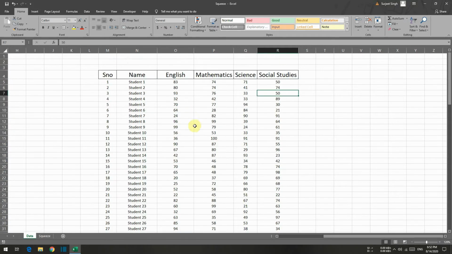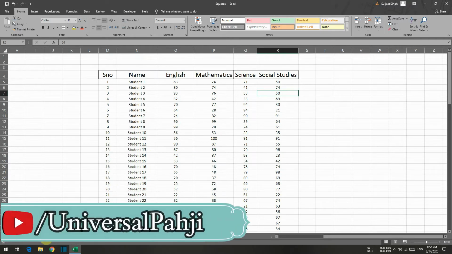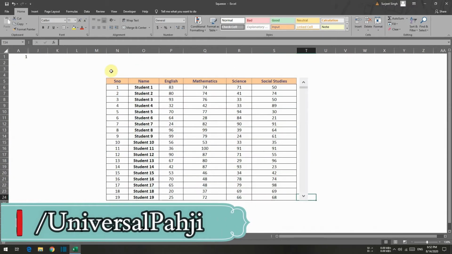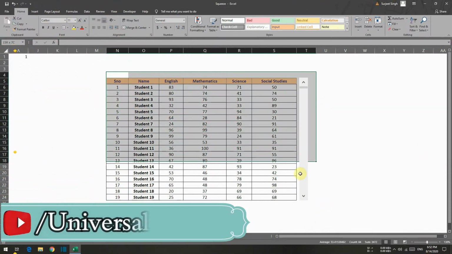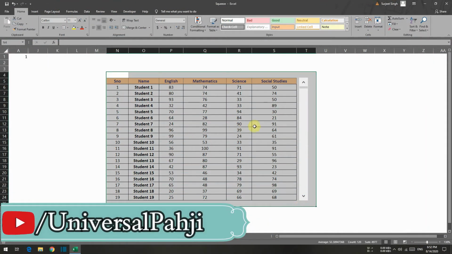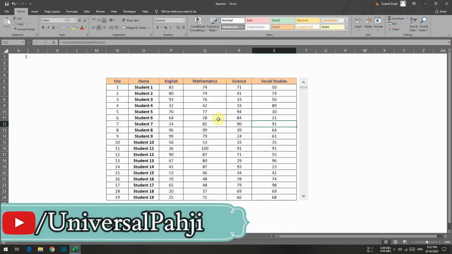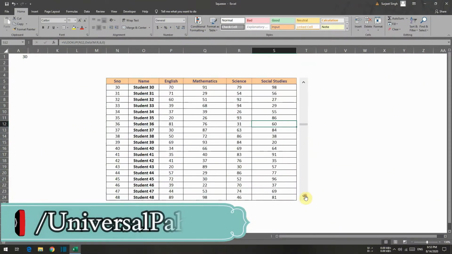The other method, as we are discussing how to squeeze it, is to make use of the available smaller space to showcase the complete data. So this is an example that we will be learning today. As you can see, when I'm using this scroll bar that I have added, I can easily see the complete data of all the students in this single window.